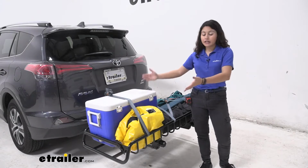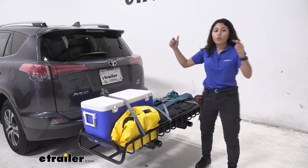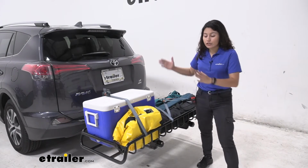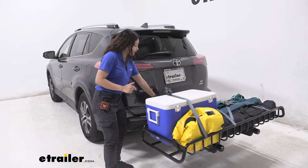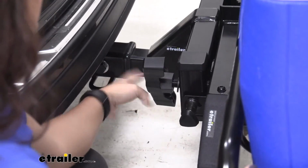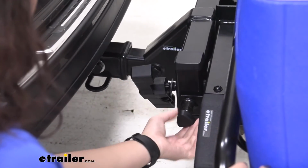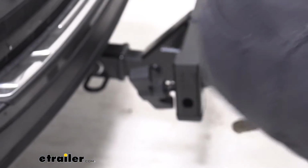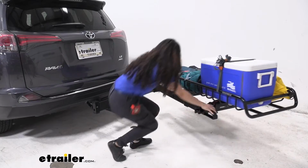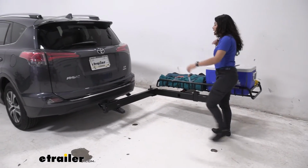While some cargo carriers can tilt away if you want to access your hatch or lower your tailgate, what this does is something special. It swings away, and you can do so by starting at this knob in the back. Loosen this knob in the back completely until it releases from the SwingBase right there. Then you pull this other knob and then push out on the handle all the way for 90 degrees. You'll know it's fully swung out when that knob in the corner secures it into place,